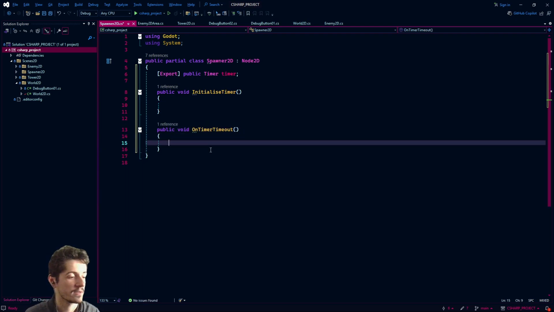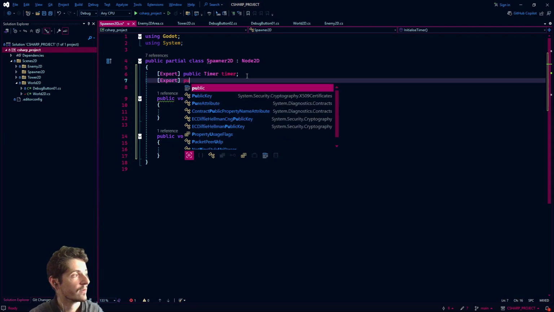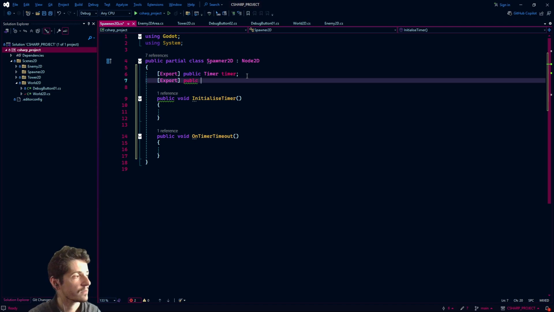So when we want to initialize this timer, what we actually want to do is to know exactly what time we have to wait between the spawn of 2 enemies. So we need a spawn interval. For this, I'm going to create an export property, which is going to be a float, actually a public. And this is going to be the spawn interval. And I actually want to be able to edit this from the editor, even though eventually we might want to use resources, but here let's keep it simple and use the editor at this moment. Let's have a spawn interval of